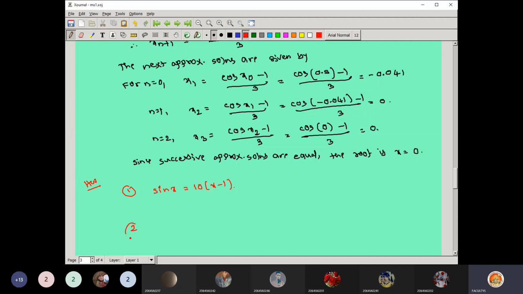And similarly, I give you one more problem. It is 2x minus logarithm of base 10, log x, that is equal to 7. Don't take the special functions while finding the expression here. The answer I just give you. So for the first problem, the answer is 1. And for the second problem, the answer is 3.789. You just try to find out the answer by applying your iteration procedure.